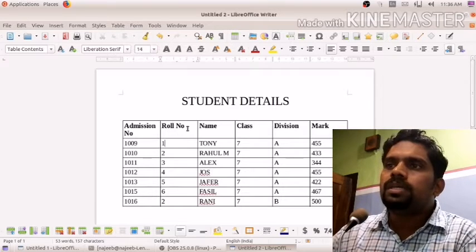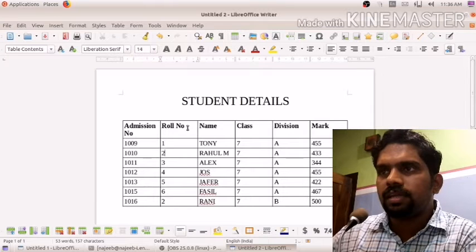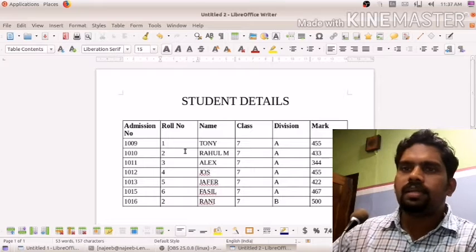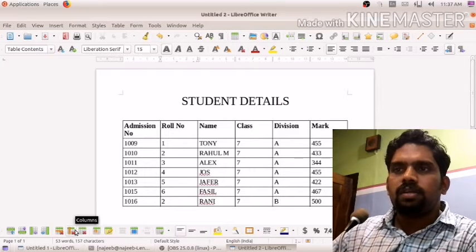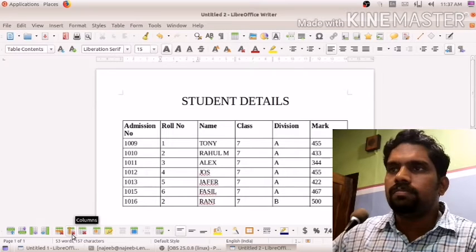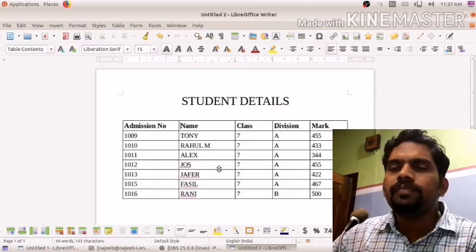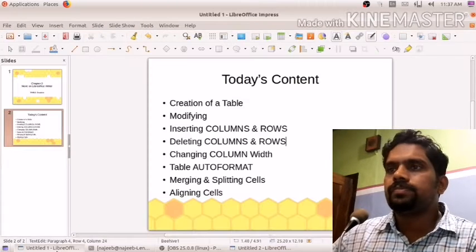So how to do it? Just put the cursor in any cell of this column. I just put it here on roll number, then press this Columns option. Okay, you see this is the delete column. Now that column has been deleted. That way we can delete the column. Okay,